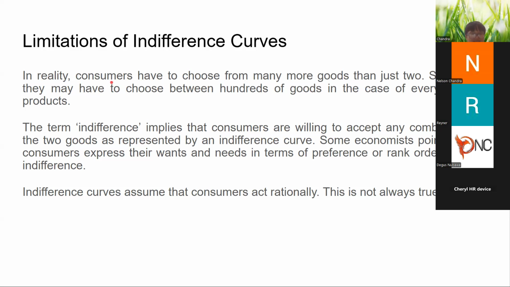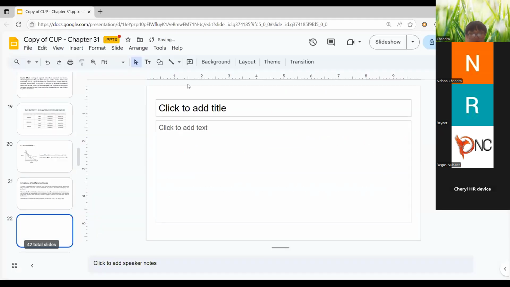So now I will try to draw the indifference curve. What are the steps to draw an indifference curve? If you are still confused, you have to pay attention to the steps. Step 1, you first draw the axes. This will be good X. Very easy steps. This is good X.